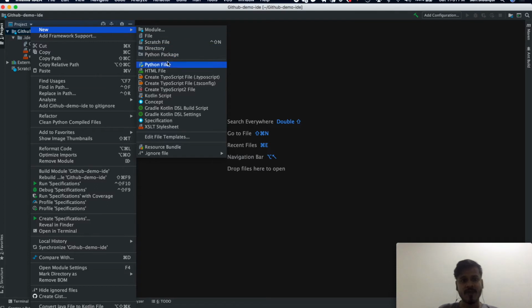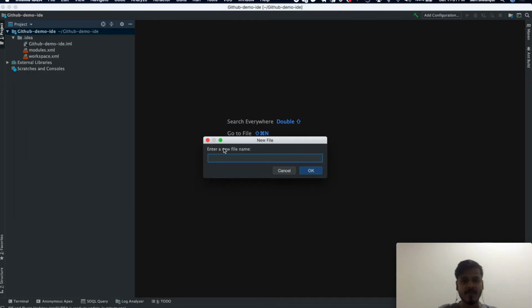You can create any file you want. For the demo purpose I will create just one simple file, and I will name it demo.txt.